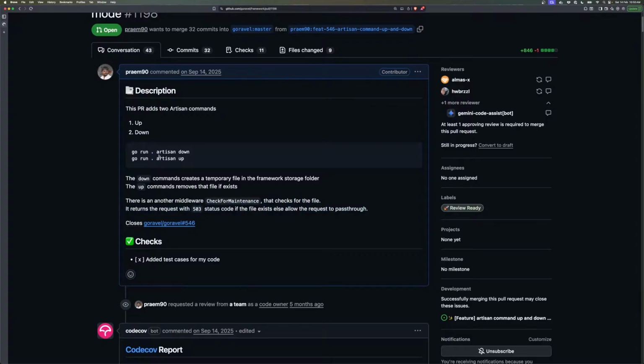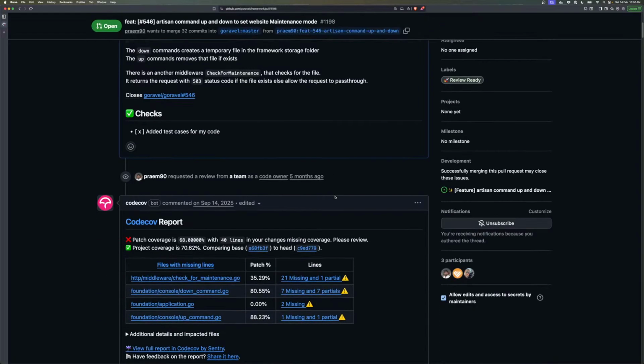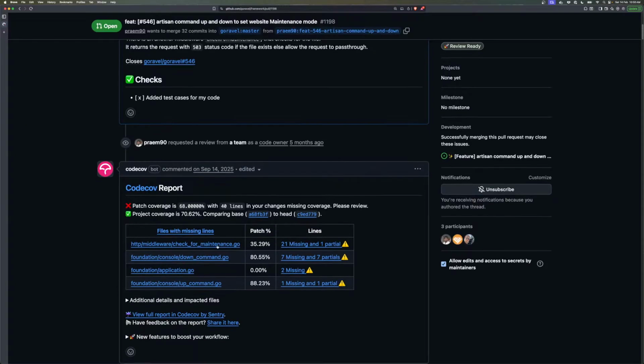To achieve that, we wrote these two commands and one middleware that checks on every request to figure out whether the website is under maintenance or not, and then returns the respective response. These are the three files we wrote: the up command, down command, and check for maintenance middleware. And it's time to write unit test cases,